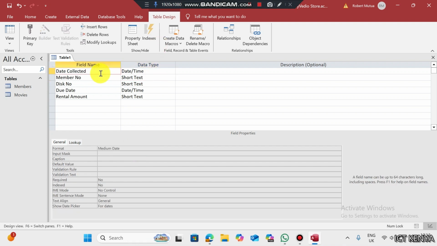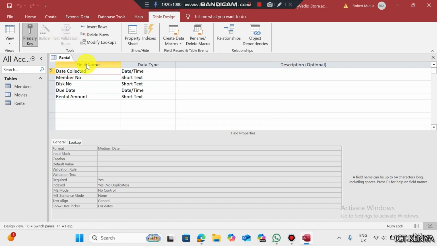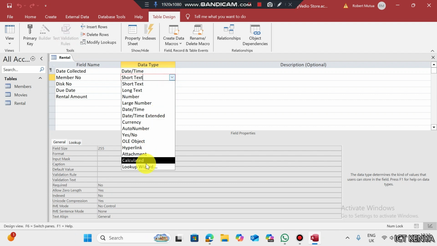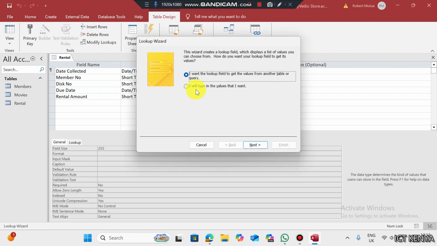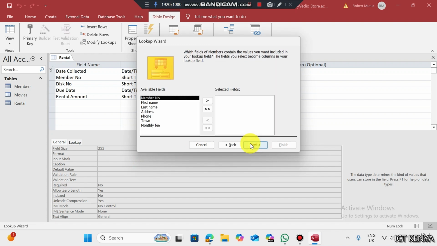We can set date collected as our primary key for now. In case there's any issue, in the next question, we shall come back and change. Save this as rental. Now, member number belongs to another table, therefore, lookup wizard. Then I want the lookup field to get a value from another table, and the table is members, and I only need member number here. And next,